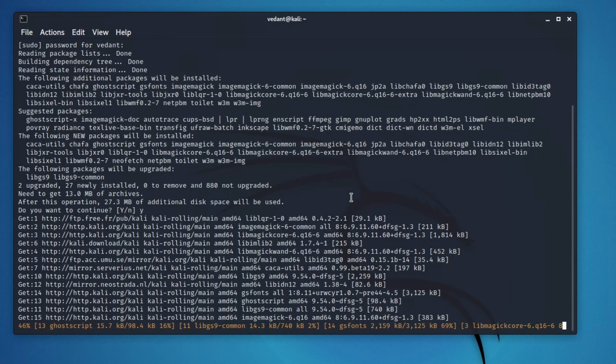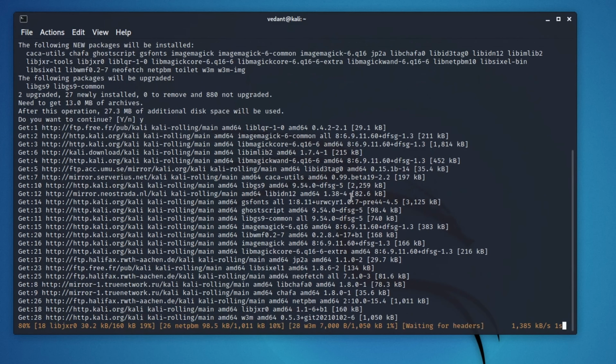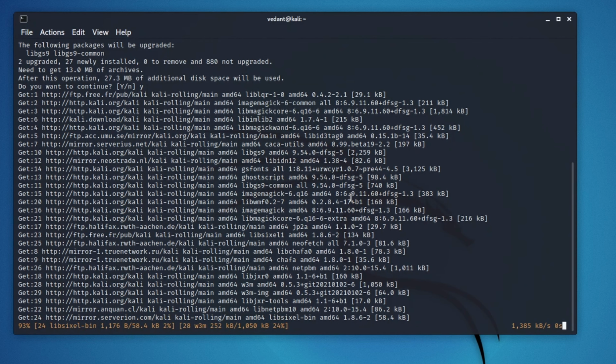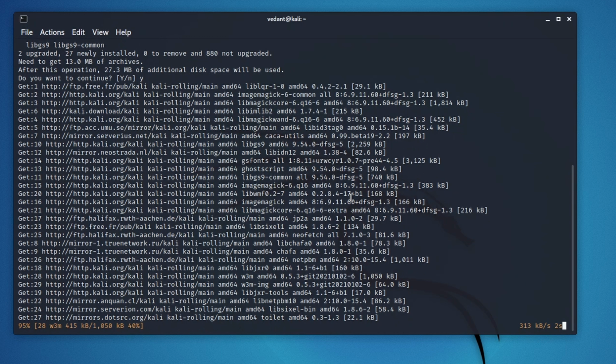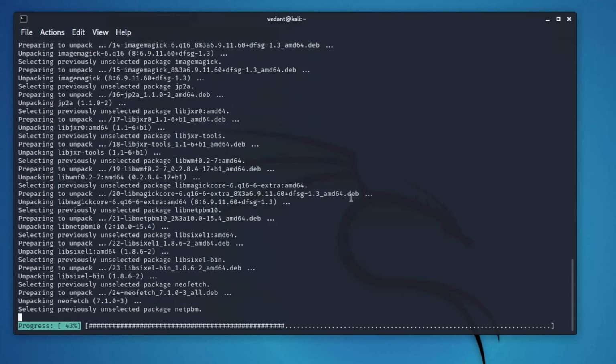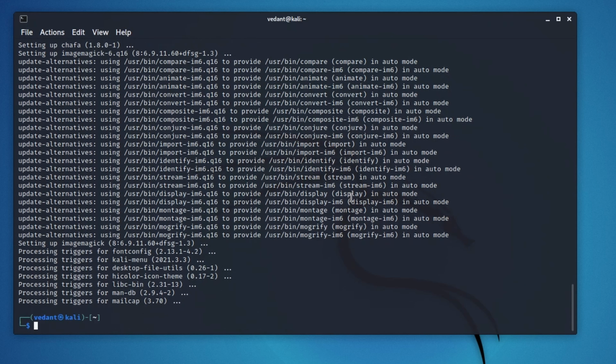So I think it is faster than I expected. It is totally smooth and I'm not feeling any type of lag. So I think Kali Linux in a virtual machine is a great option. Or any Linux, if you have a decent machine with 8 GB RAM and an i5 8th generation or higher processor, then I don't think that you will face any errors or lags. If you have an SSD, it is much better. Okay, so I think that it is perfect. So it is installed now.